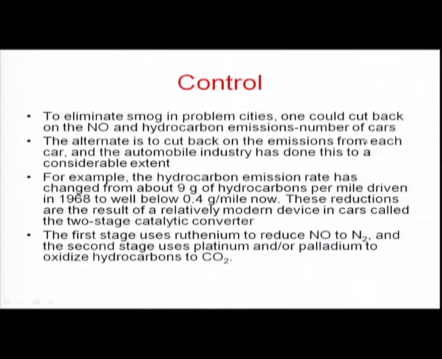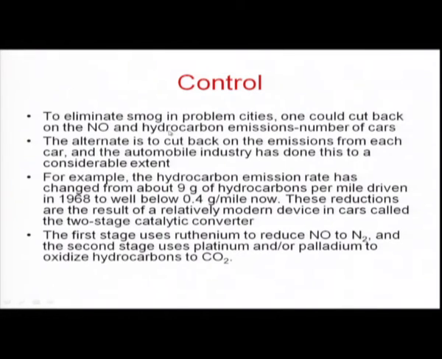As I told you before, the car is the main culprit. The car emits NO and hydrocarbon. These emissions have to be controlled. If we control these emissions, definitely the photochemical smog can be controlled, because these are the two precursor materials that come from the running of the car,